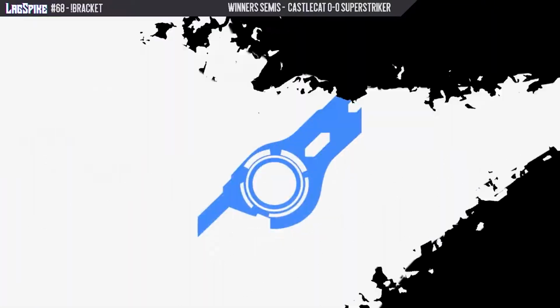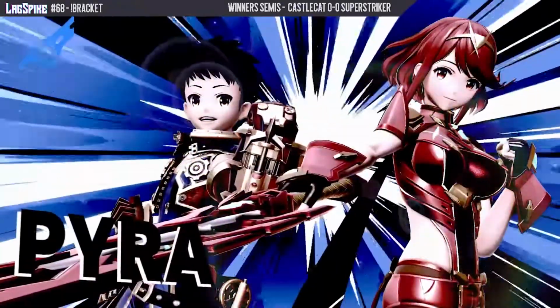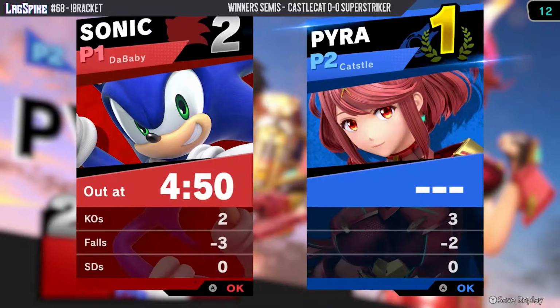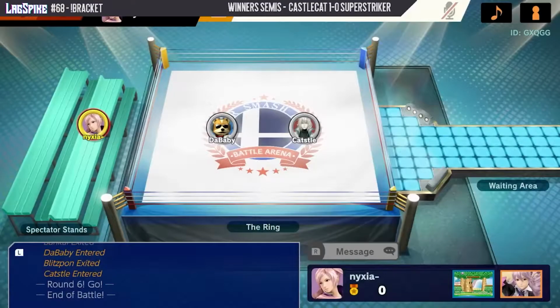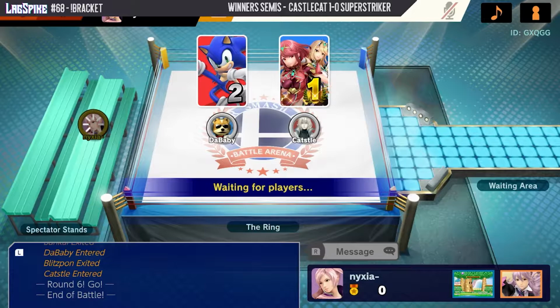The first kill flash, maybe the game was a little premature on that. It sold that hit a little bit too much, but Castle was prepared for that and immediately finds the follow-up for the match win there. So Castle is going to be up 1-0 in the set here. And yeah, definitely looks like Superstriker is having a difficult time